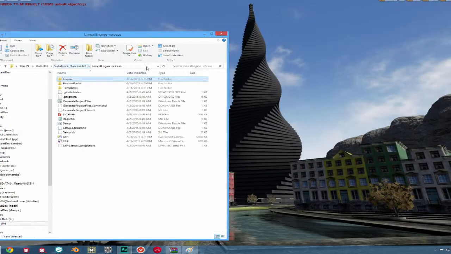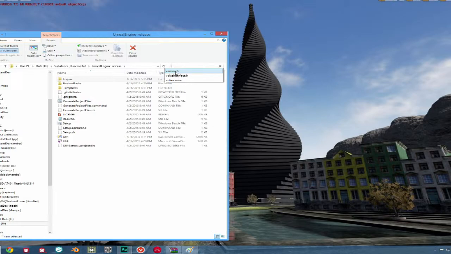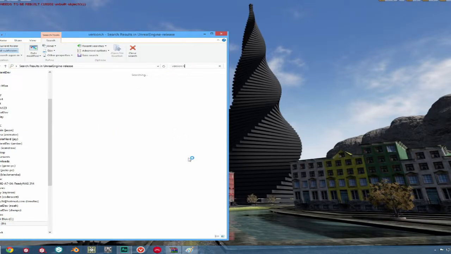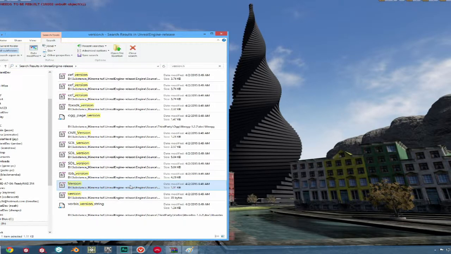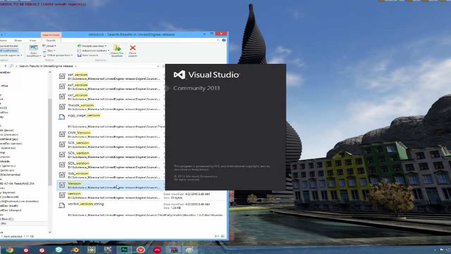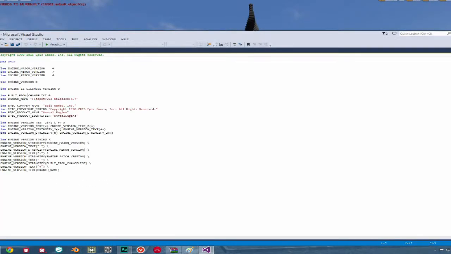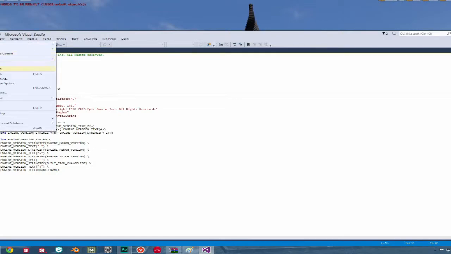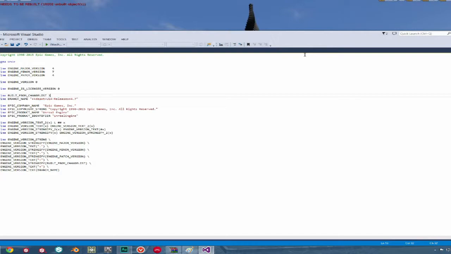Now let's go to where our engine is located. This next step is only for iKinema. In the main folder of our engine, type in the search bar for a file called version.h, and make sure that it has a capital V. When it finds it, open up the file. It'll open up Visual Studios. In there is a line called Built from Change List, with the number right next to it being 0. Change it to 1. This is specifically set up to make iKinema work with Source. What it is doing is changing your API calls. With that done, save your file.